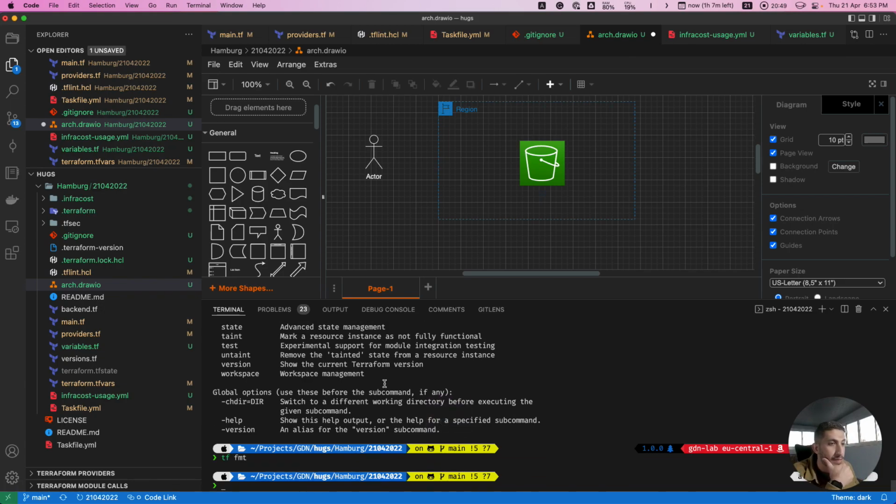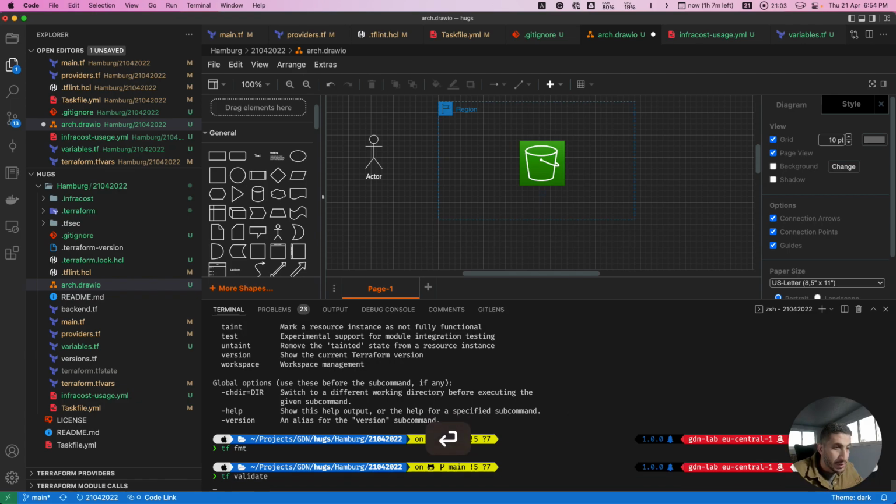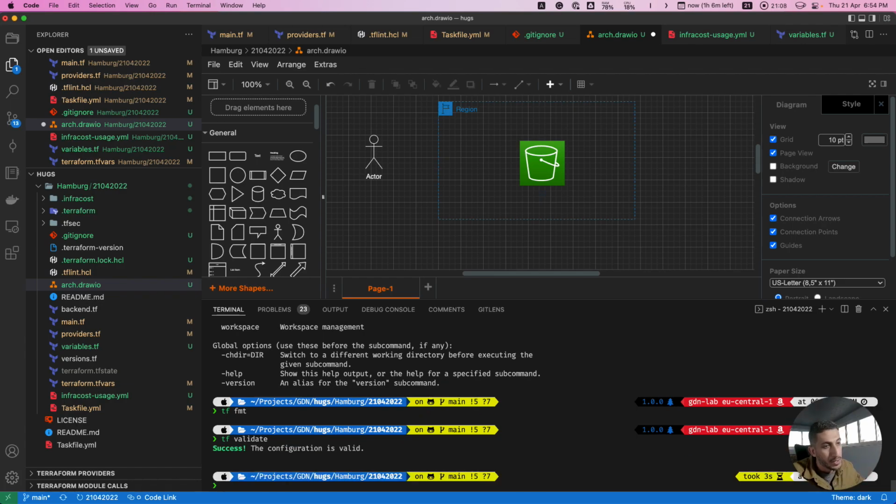I guess I'm using a formatter here, so we will see shortly how you can benefit from VS Code extensions. The other command should be validate. Okay, the configuration is valid. So I'm thinking let's include these two commands in my pipeline, but like we said, let's start small.